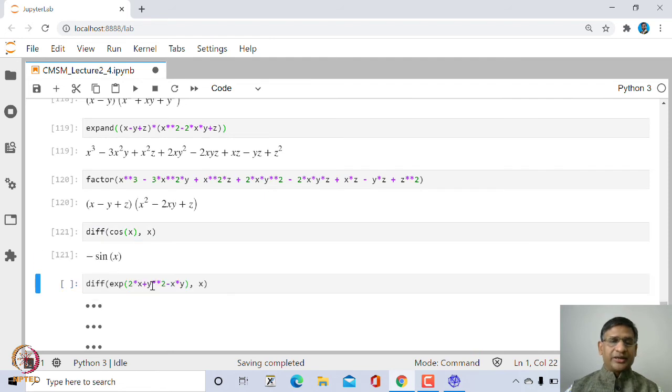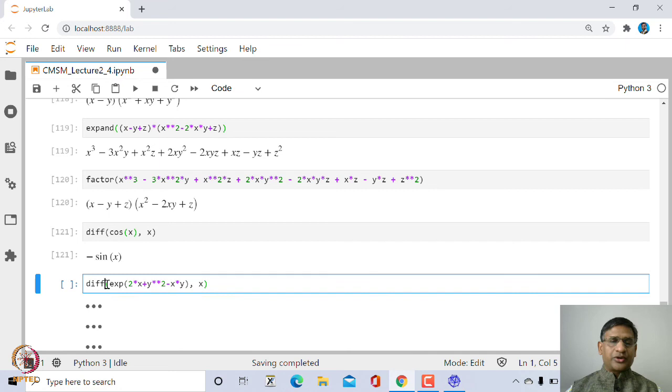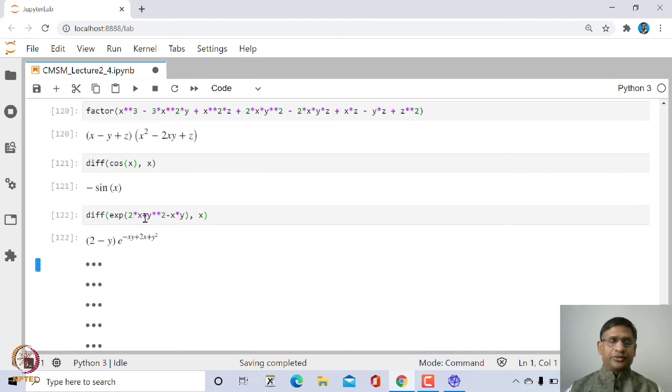If you have a function of two variables, let us say exponential of (2x plus y square minus xy), and if you want to find the partial derivative of this function with respect to x, again you can make use of the same diff from SymPy, right. This gives you the first order partial derivative of this function with respect to x.